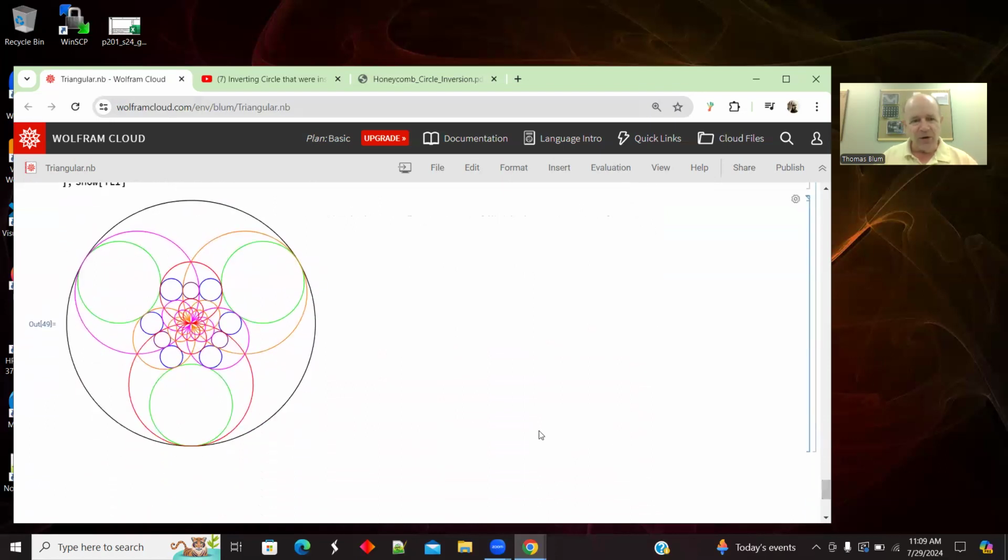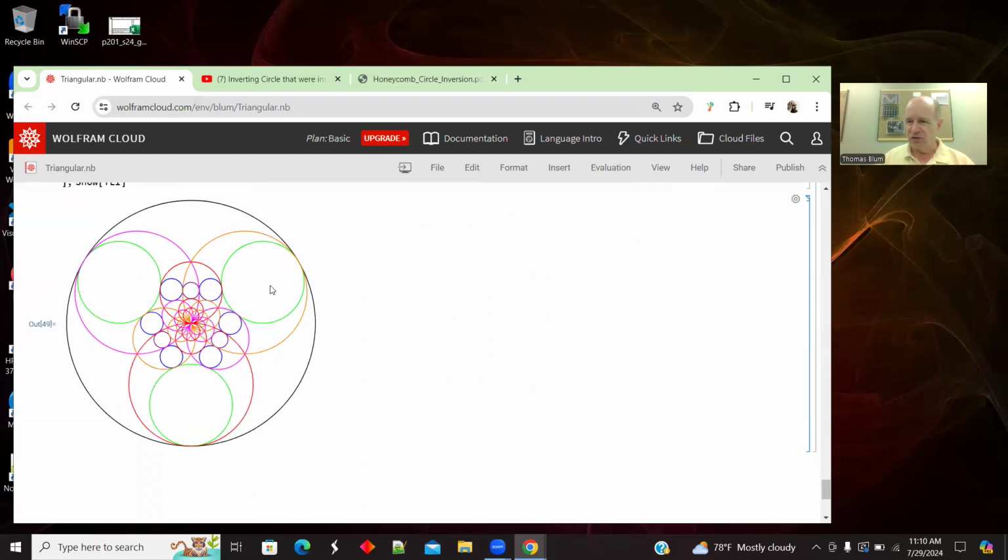So this is a fun, colorful picture. We have the circle of inversion, and the reddish colors, red, orange, magenta, are the lattice. The ones with blue in them, blue, green, purple, are the